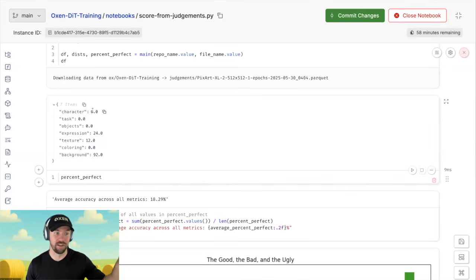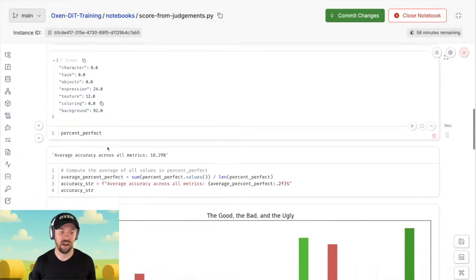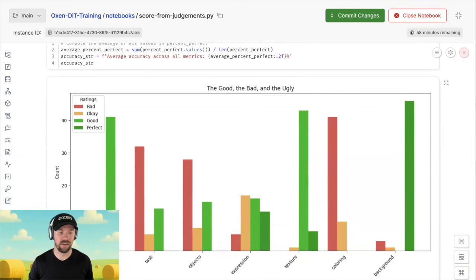So we never got a perfect character. Claude never thought we got the task perfect, never got the expressions or the objects perfect. But you can see it's in the mediocre to good range for a lot of these. So you can see bad is in red, okay is in yellow, good is in green, and perfect is in